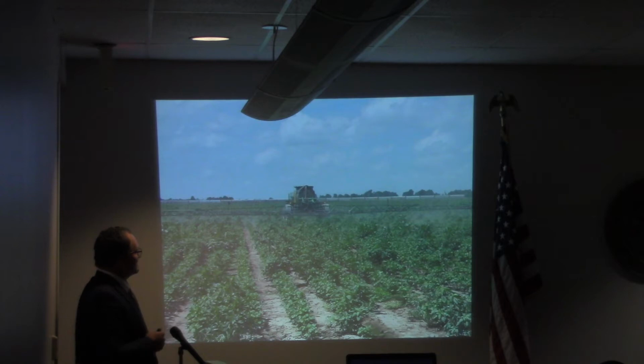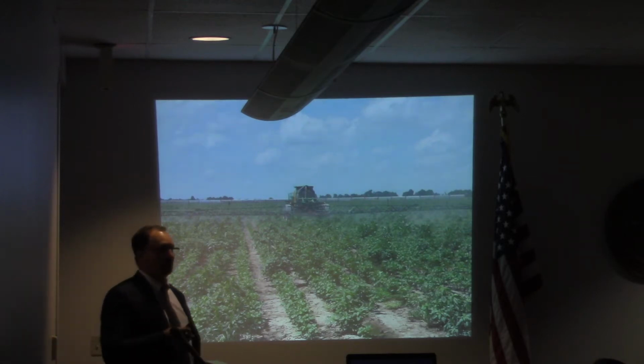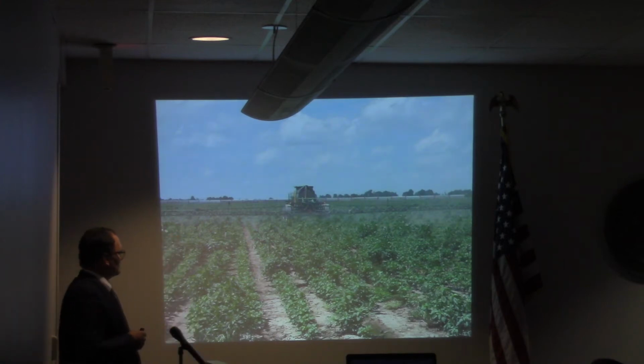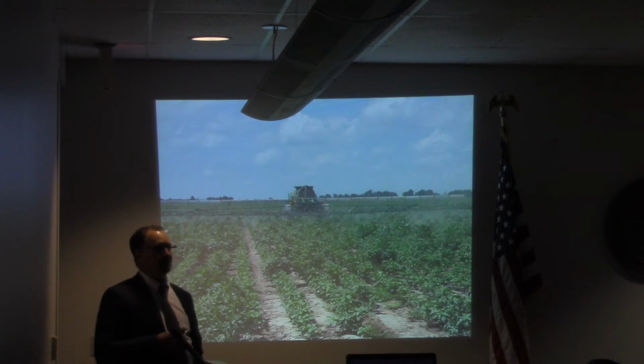Now I want to show you this photograph because there have been some comments made at times about systems and things that don't work. This is a photograph I took this past summer in Clarkdale, Arkansas. It's a cotton crop for which a pre-emergence herbicide was applied, and there was no post-emergence sprayed on that crop up until approximately